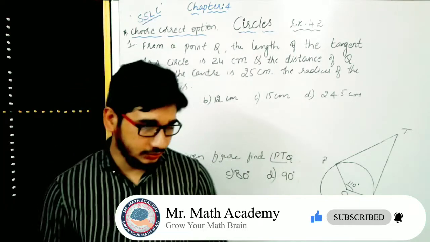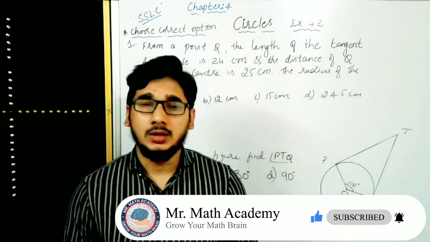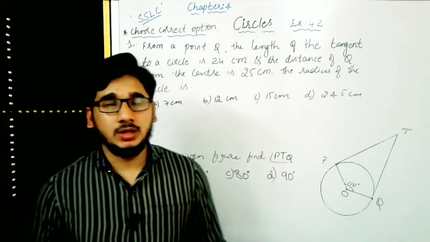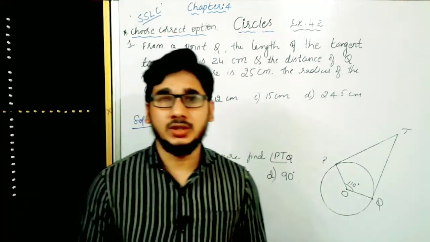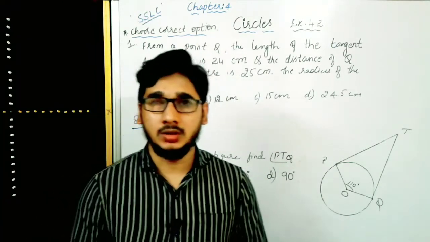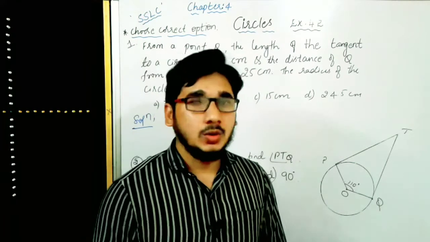The first three questions are choose the correct option, then around 13 questions are there. These are most important questions. Definitely choose the correct option. Leaving that, one or two general questions they may give, that will be there for 1 mark, and 2 marks will be there from the word problem. That is most important. So let us go ahead with that.